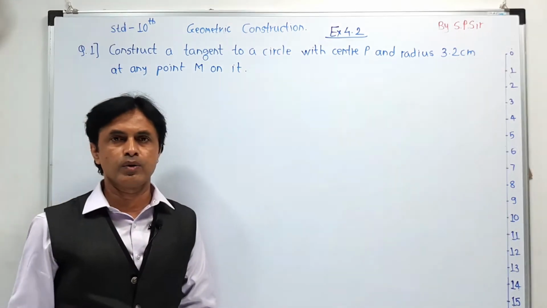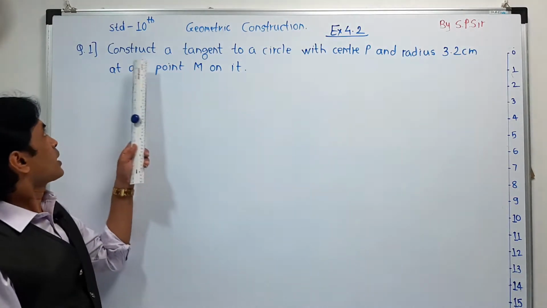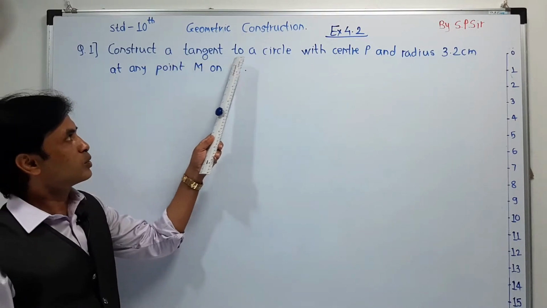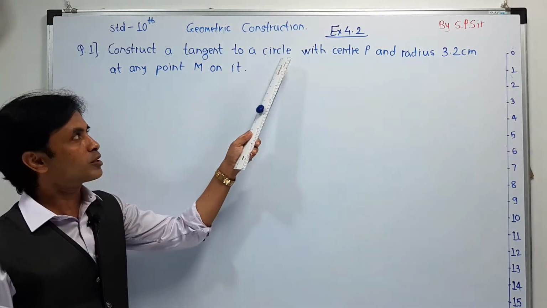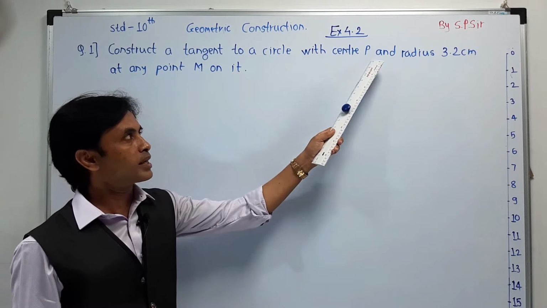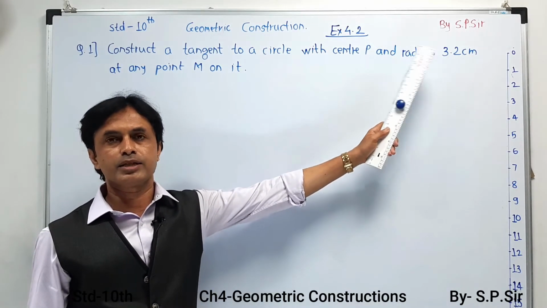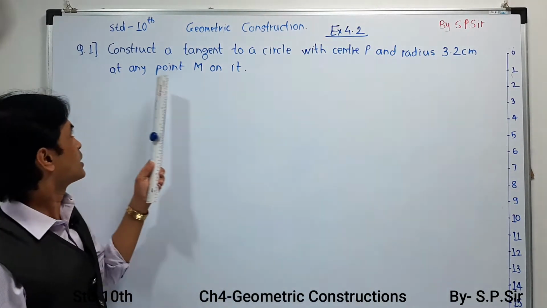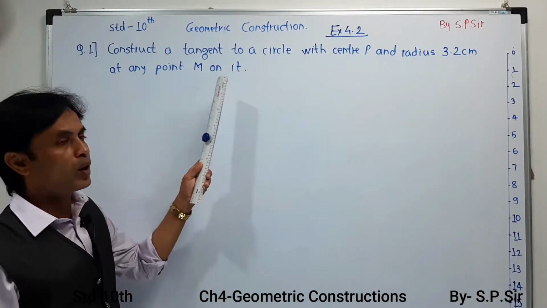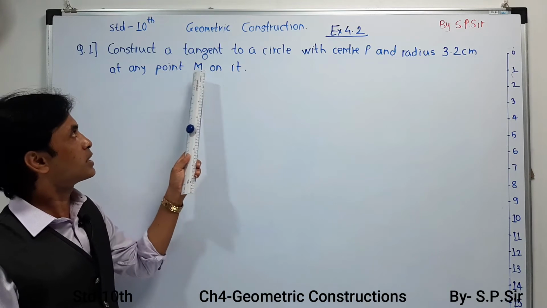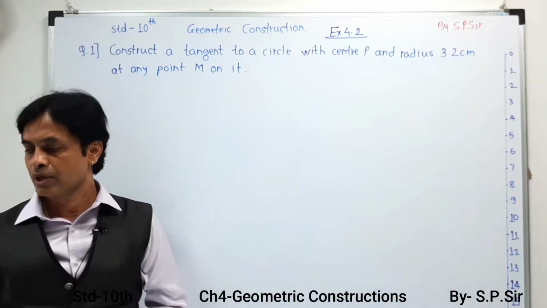first of all, I am going to read the numerical over here. Construct a tangent to a circle with center P and radius 3.2 centimeter. Means center is P and radius is 3.2 centimeter, at any point M on it. You have to construct a tangent at point M which is on the circumference